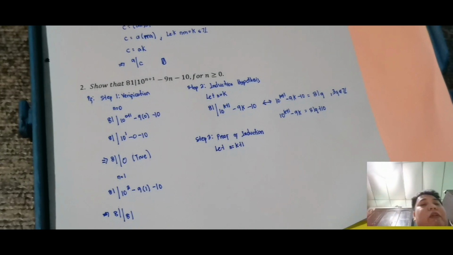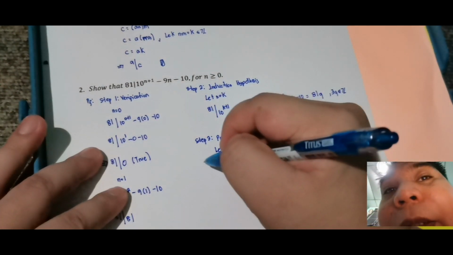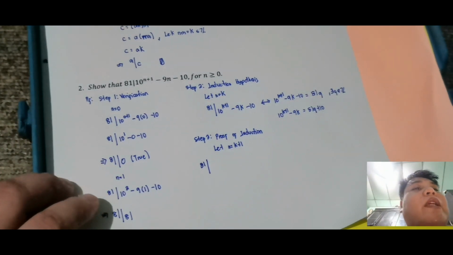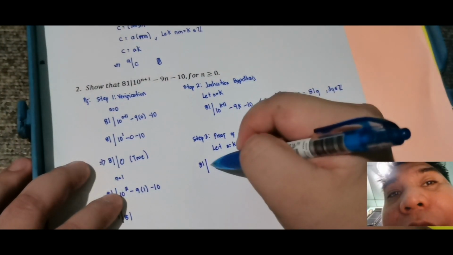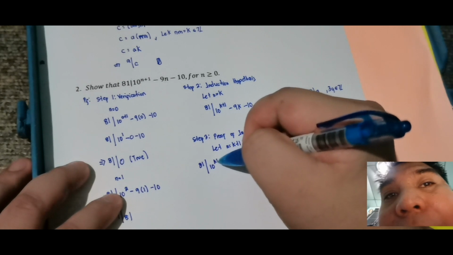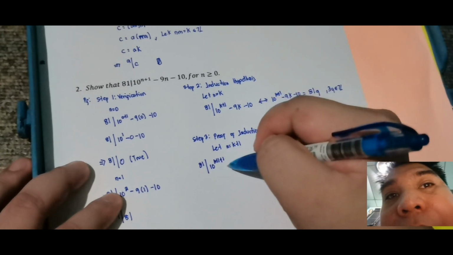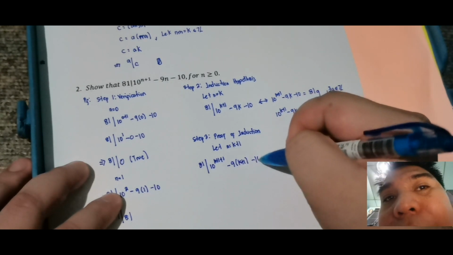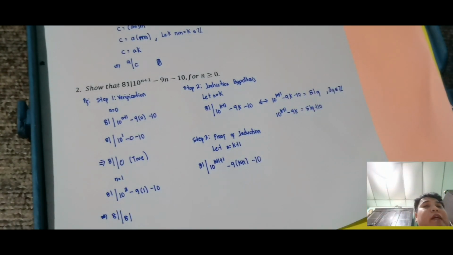So ang gagawin natin, this implies that 81 divides, ano yun? 10 raised to k plus 1 plus 1 minus 9 times k plus 1 minus 10. Tama. Okay, then that is equivalent sa